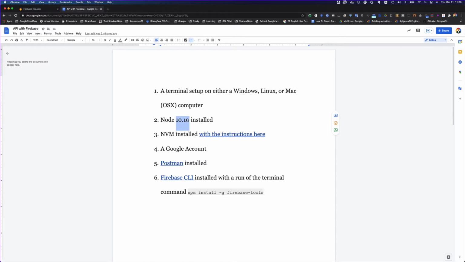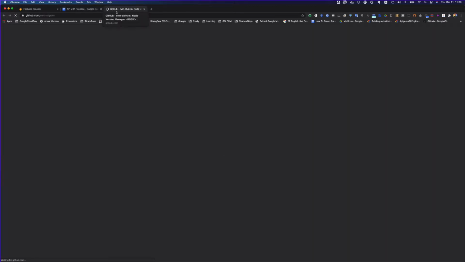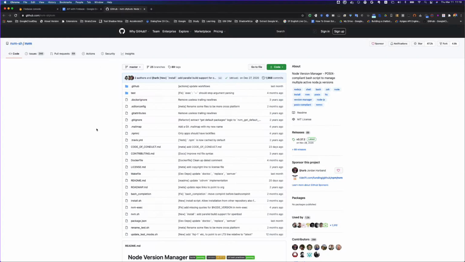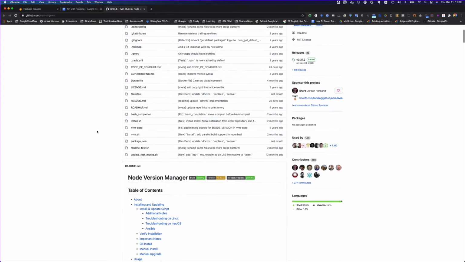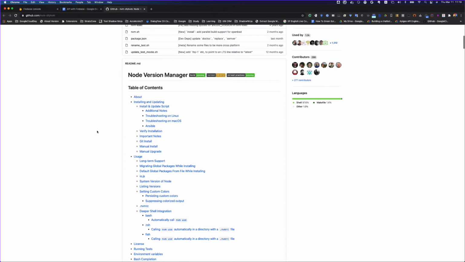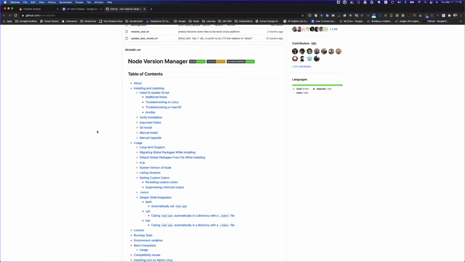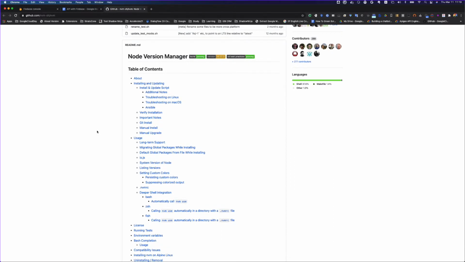I wrote 10.10, but you can have any latest version of node installed, and then install nvm. And you can get the instructions from here on how to install nvm. Basically nvm is for version management of node. If you install it, you can anytime switch from one version of node to another version.